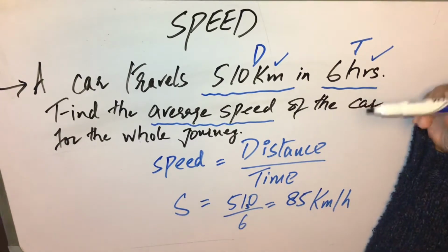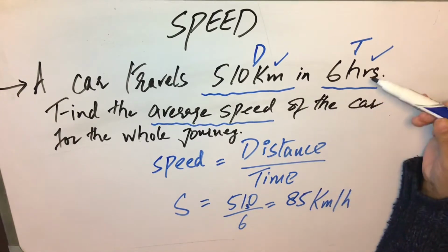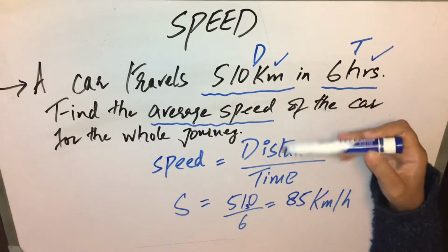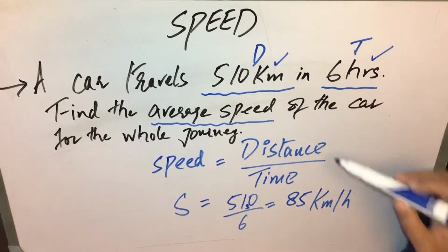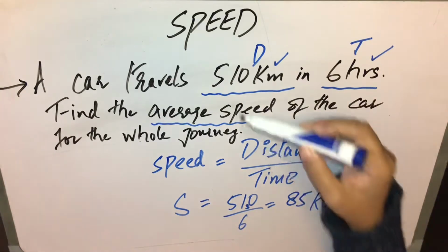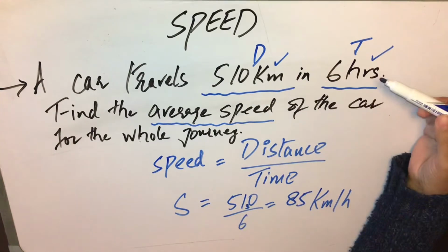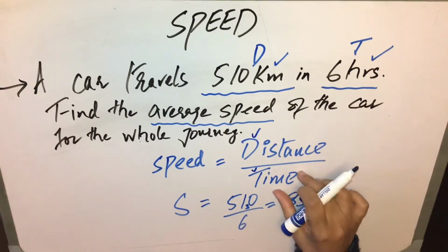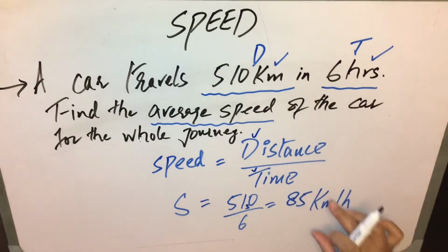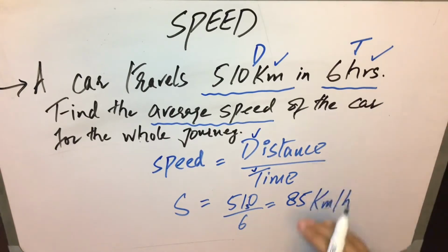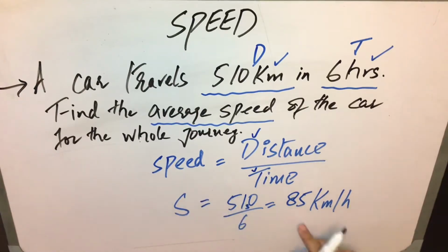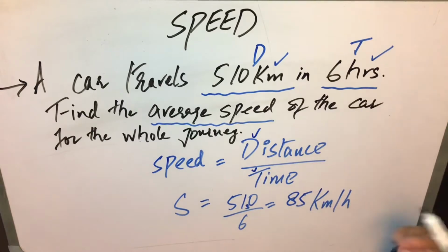In this question, he can also give us speed with time. We will find the distance. When we multiply this 85 with 6, we can find the distance, 510. Similarly, in the same question, he can give us distance with speed. When we divide 510 by 85, we can have 6. So basically the formula has three things: D, T and S. For example, if we have to find time, we shall divide 510, the distance, by 85, the speed. You will have 6 hours, the time. If you have to find the distance, you have to multiply speed with time, and speed is 85. When you multiply 85 with 6, you will have the distance, that is 510 kilometer.